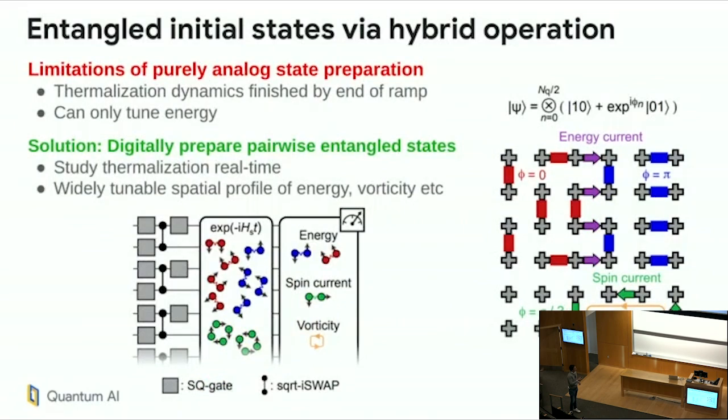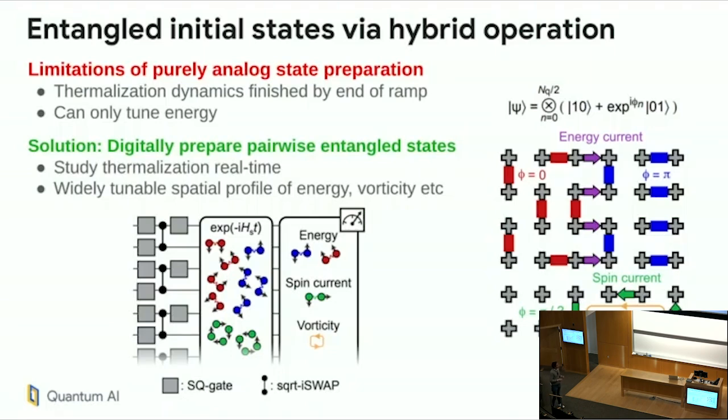Okay, so far we've tuned our states both with the ramp rate and also with initial excitations. These are very powerful knobs, but they come with one common big limitation, which is that if I want a substantial amount of correlations, I need to ramp for quite a while. At the end of that long ramp, most of the thermalization dynamics, which are very fast, are already done. And as a consequence, I've been showing you all these examples of thermalization, but I never actually showed you the thermalization dynamics themselves, because at the end of the ramp, they were pretty much done. Another limitation is that this only allowed us to tune the energy of our system. We couldn't really access other observables.